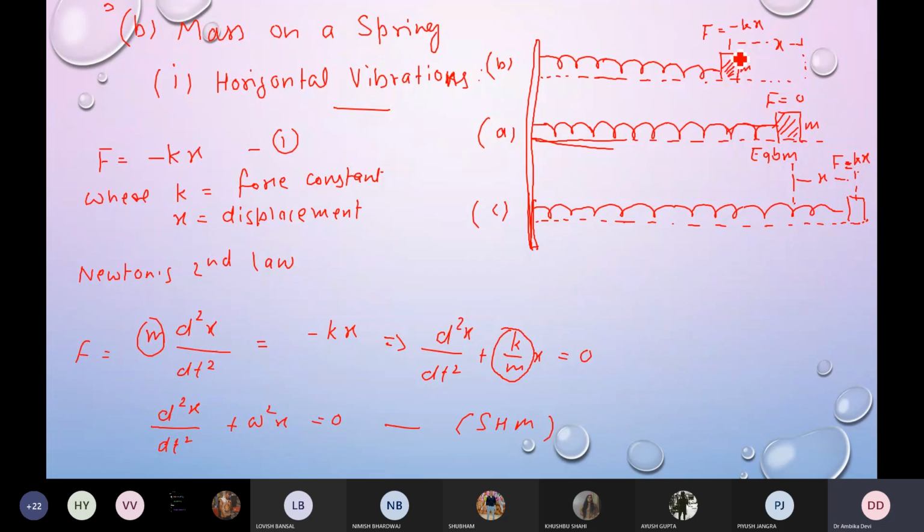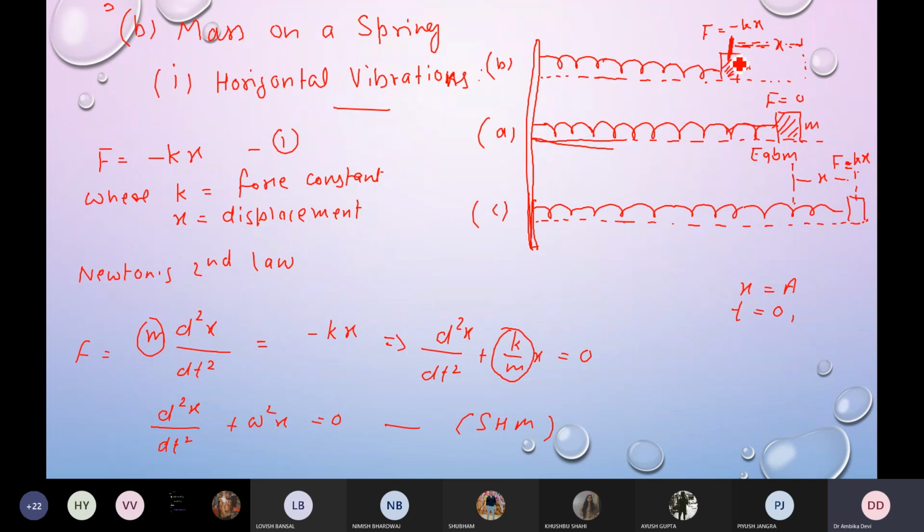It means that if we take mass m from here, and the system is allowed to vibrate from this particular position, here we know that this is the x and x is the maximum, right? This is the maximum value of the x. When the system is let free to vibrate, after that the amplitude will decrease, right? So if this is the maximum value of x, we know that the maximum value of x is equal to the amplitude of the vibration, right? So here x is equal to a, and at this point we assume that we just started the system, so time t is equal to 0, right?